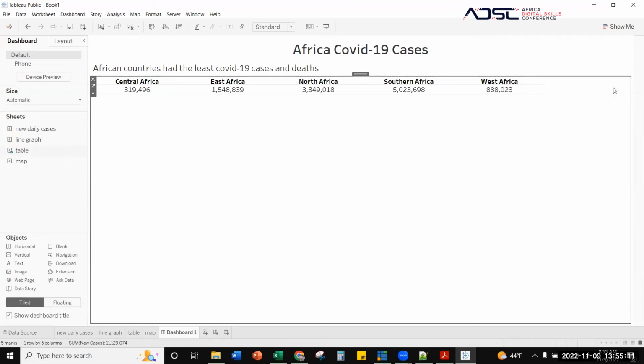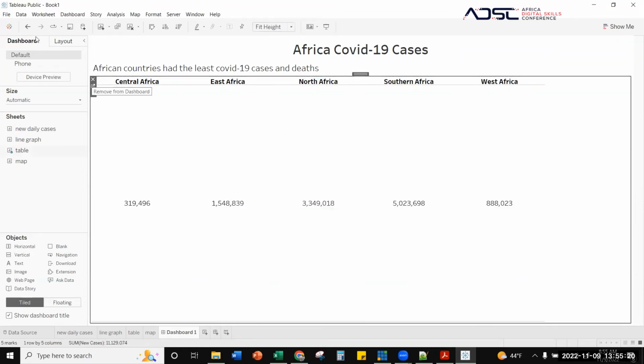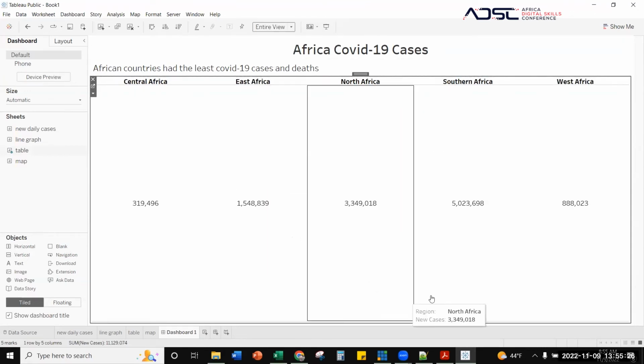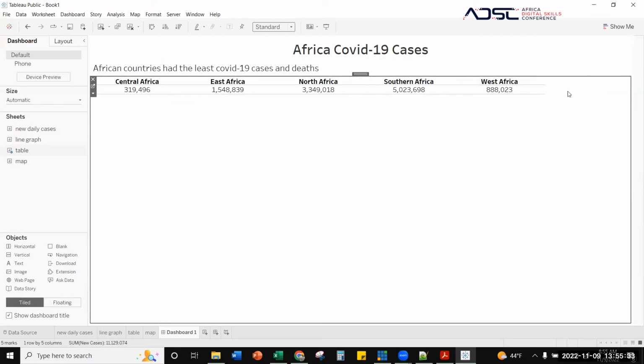The other thing is that there's a lot of space here. So I want this table to be entire view. When you click on entire view, it should be able to occupy all the space here. Okay, let's see what happens. Entire view is not really showing, let's do standard. What we want to do is to drag it. Yes, so dragging it, doing it manually really shows me what I want to do